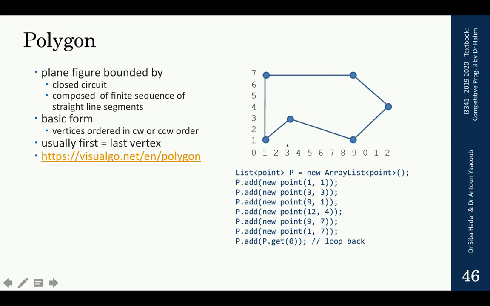And in Java, usually the first vertex is also the last vertex, and we can click on this link to visualize an animation of a polygon. This animation site is also provided by the authors of the book entitled Competitive Programming 3, that is our textbook for this